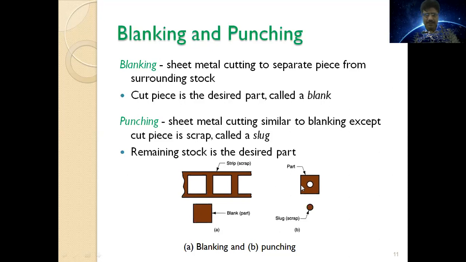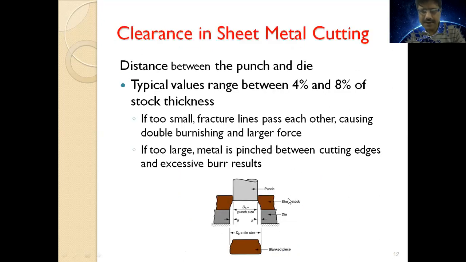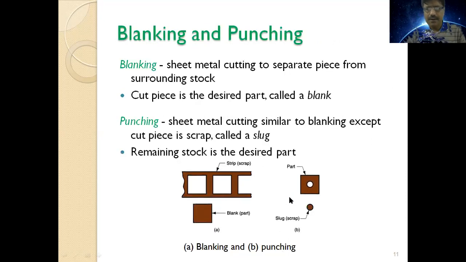Then punching. Punching is creating a hole, and when creating a hole, a small piece of metal is removed. This is scrap. Whereas in case of blanking, the exterior part is the scrap from which the interior part is taken out. This interior part is basically developed into a job, and then further it is punched. So this is the blank, and this is the punching. In punching, the internal part is scrap, whereas in case of blanking, the exterior part is scrap.